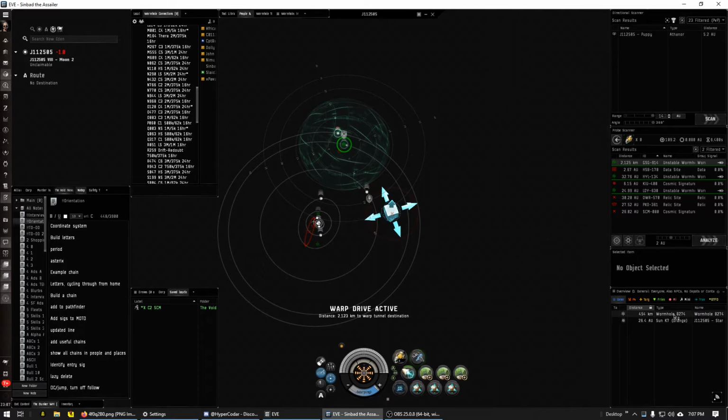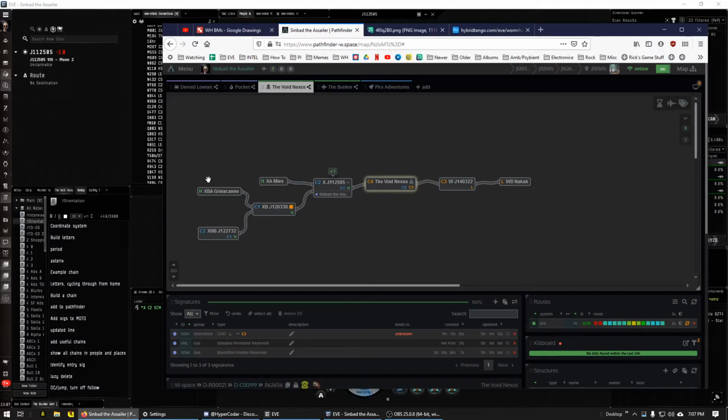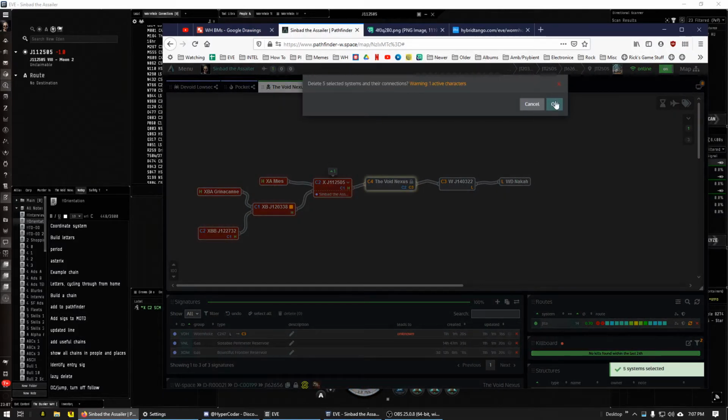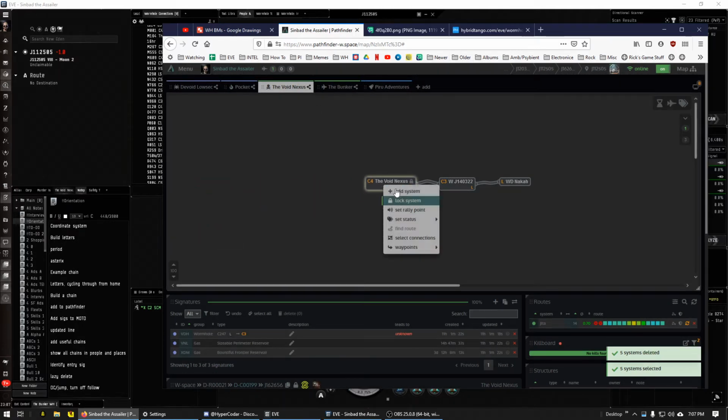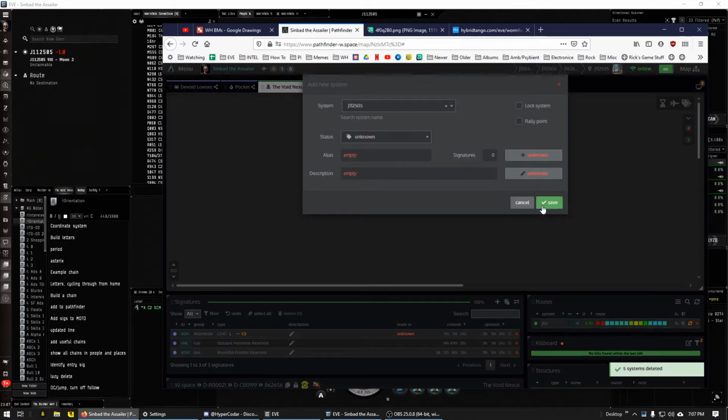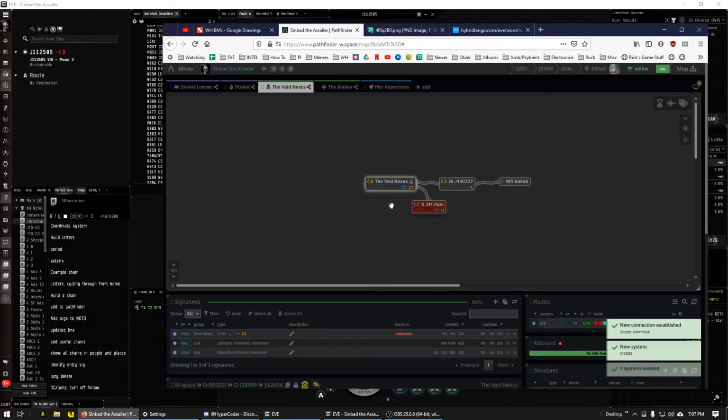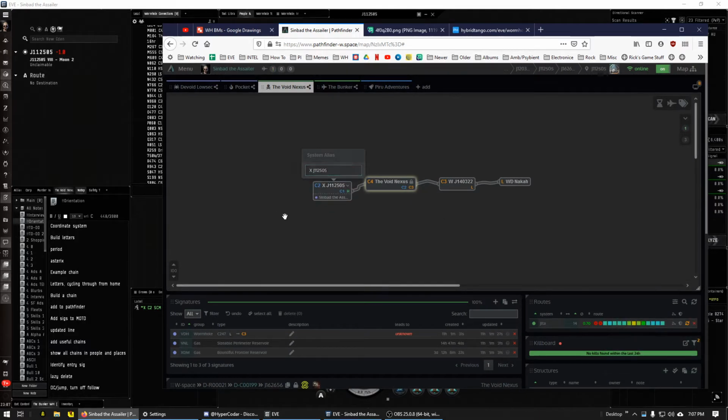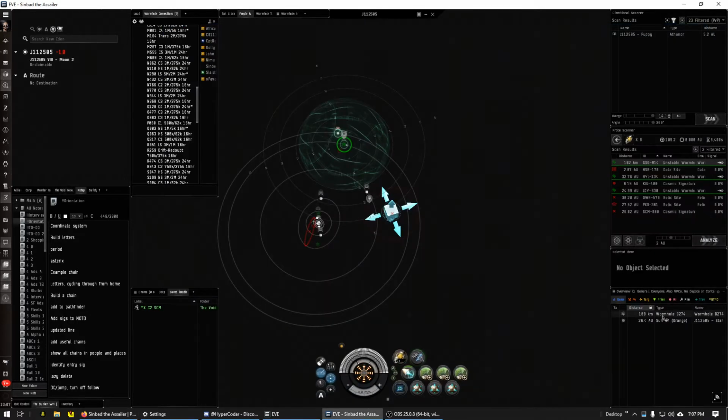All right, here we go. B274. Now, on Pathfinder, let's go ahead and delete this. So we're going to add our current system manually since it's not following us. So we can double click here and we can type in X to show that it's X chain. Now we found a B274. We can see that that is actually the static in here, B274. So when we make our bookmark,